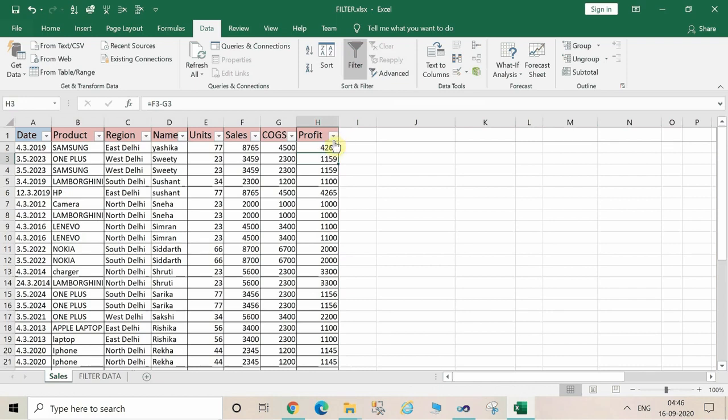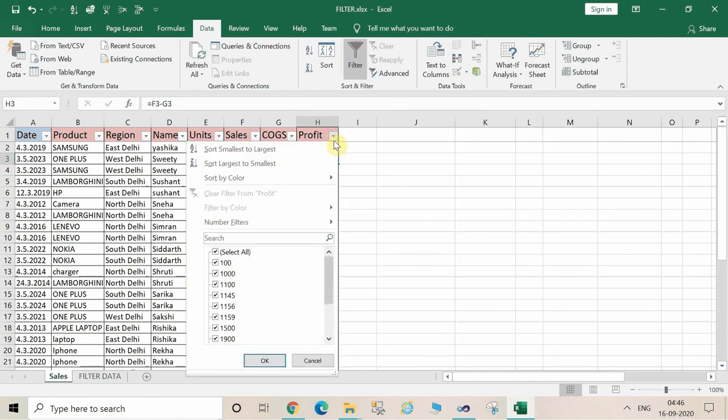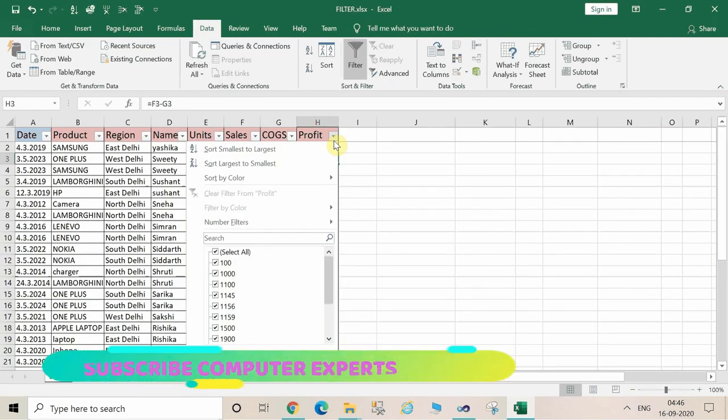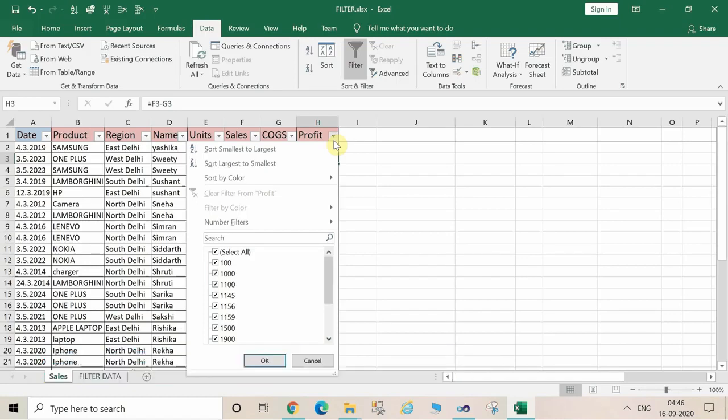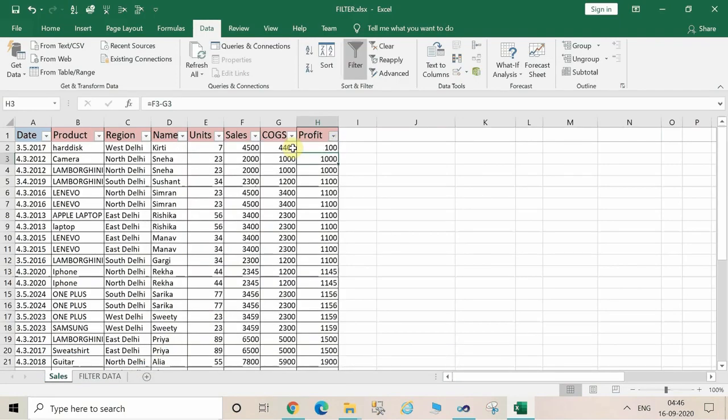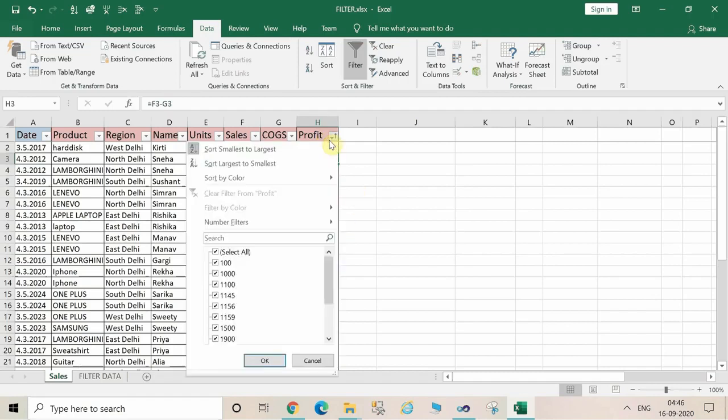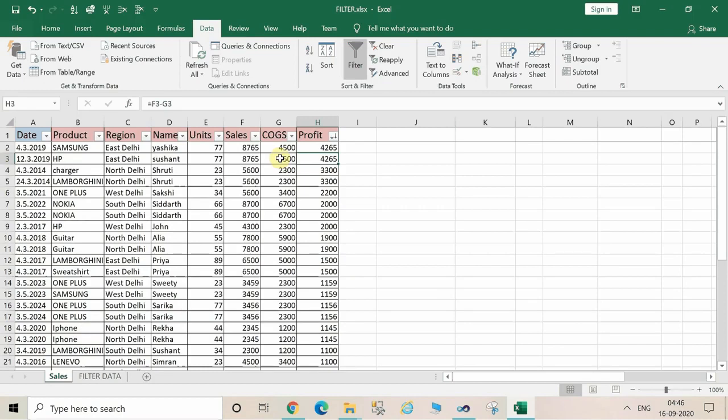If I click on this, you can do the same sorting from smallest to largest as you did in the text filter. It's from A to Z, smallest to largest. Let's try this. See here, it is in numerically ascending order. Are you able to understand what I'm saying? You want from Z to A, that is, sort from the largest to the smallest. Now this is the largest number, 4065. Again, clear the data.